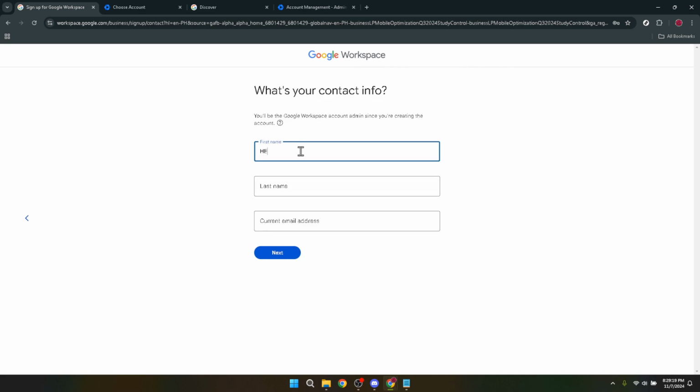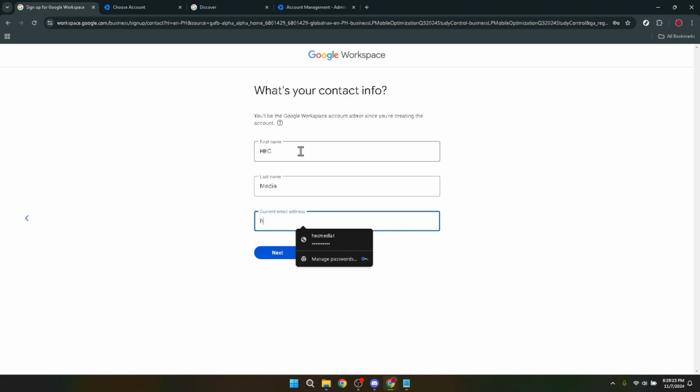Now we move on to some personal details. You'll be asked to fill in your first and last name and your current email address. These pieces of information are crucial for Google to establish your account's primary contact details, so make sure you enter this information accurately. After your personal details are out of the way, you'll have an important decision to make regarding